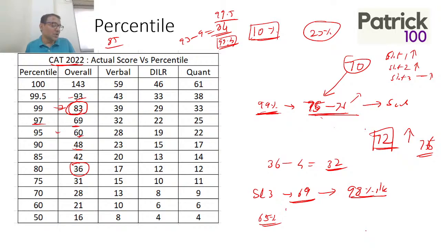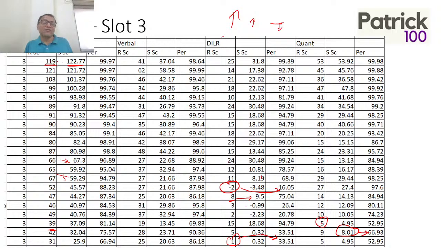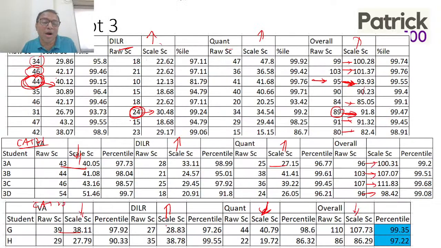Okay, I'll just briefly tell you how to calculate your percentile. First, look at each slot's marks. Look at scaling up, scaling down. What you feel your scores are going to scale up, your scores are going to scale down. Again, very difficult for me to predict, very difficult for anyone to predict. Can't depend on the scores. Normally, overall, it's usually scale up.